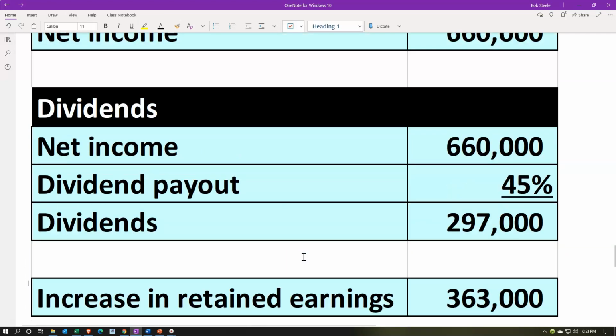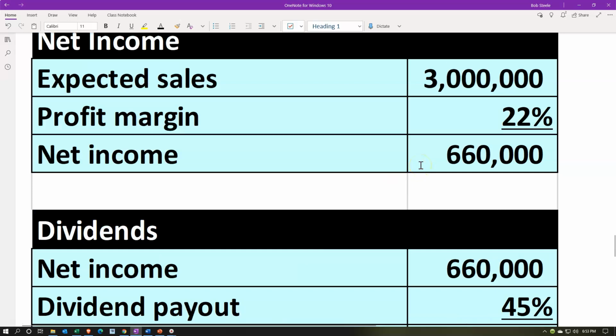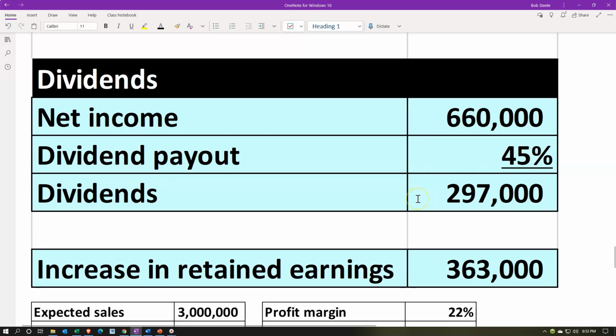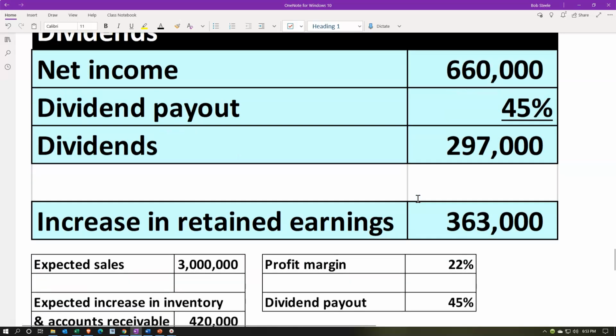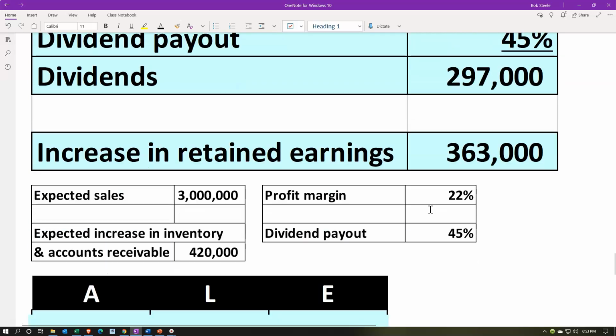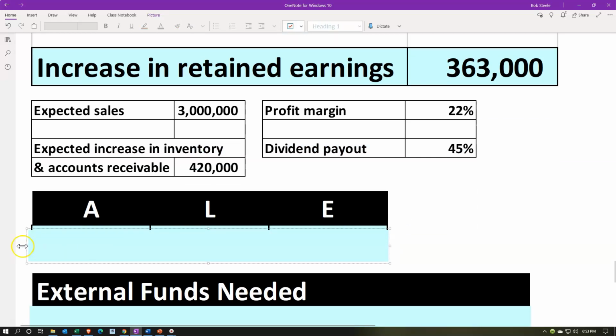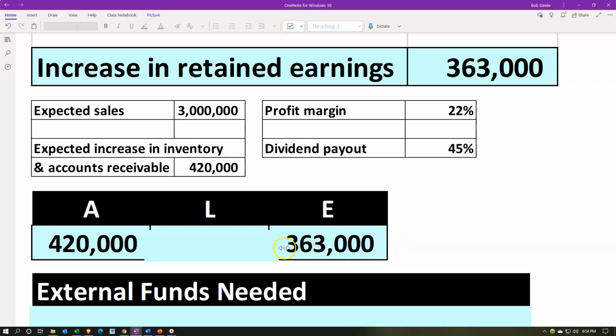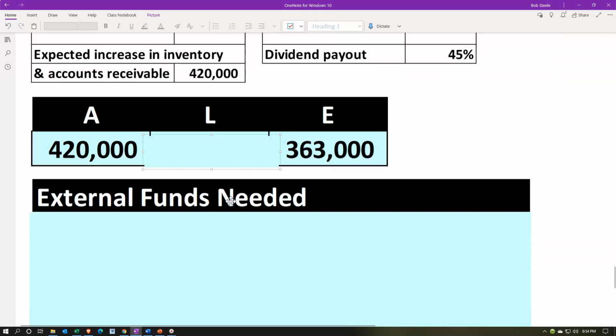Therefore, the increase in the equity is going to be the net income, 660,000, minus the dividends. We're going to pay out the 297,000 for an increase in retained earnings of the 363,000. And that's going to be on the equity side. So now we've got our assets increasing by the 420, possibly due to an increase in sales, which increased the accounts receivable and increased the inventory. We are going to be generating revenue, but we're going to pay out the dividends, leaving us with only an increase in the equity of the 363,000, meaning the difference has to be taken up by the liabilities,